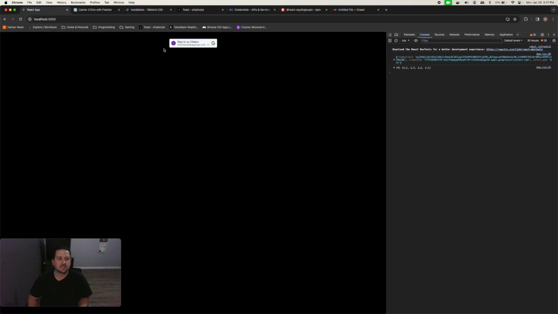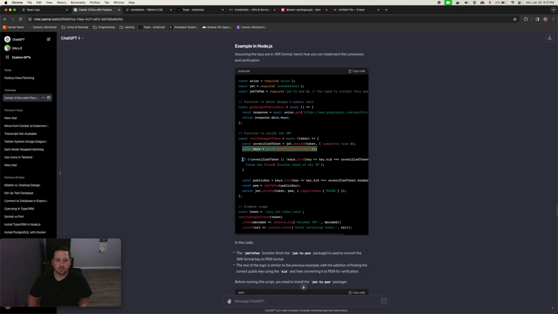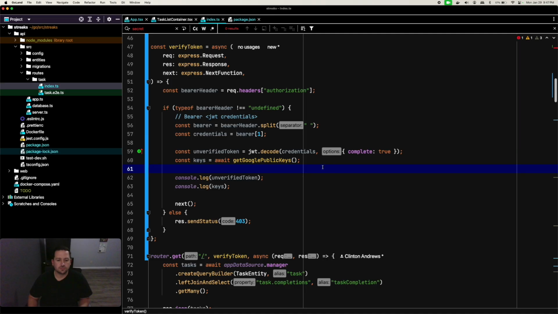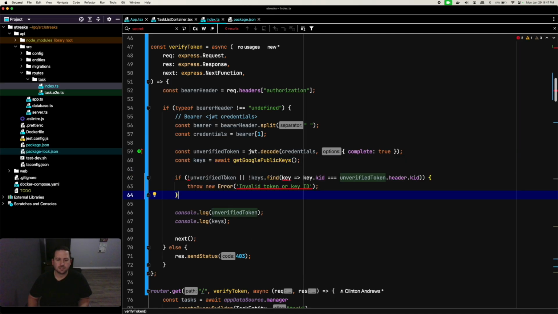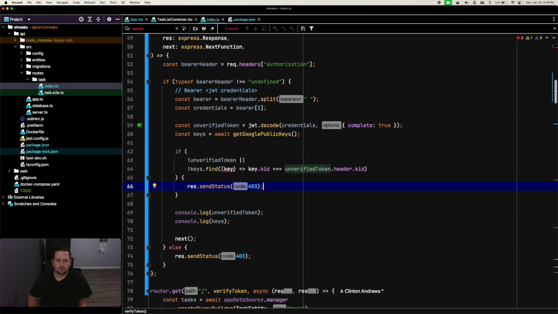And that's what this next function is doing here. We're going to, so unverified token, I suppose we could do a fourth. I don't want to throw an error here. That just seems really bad, I suppose we could say. So this key,